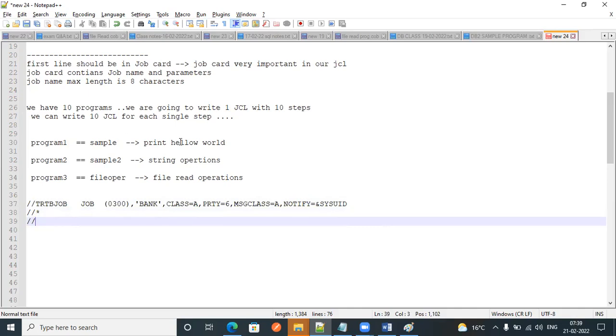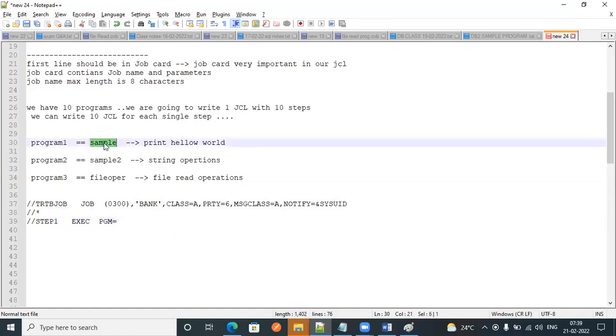Next, I want to execute this program. So what needs to be done here? You can write STEP1 EXEC. EXEC is the keyword, execute PGM. PGM is nothing but program. So what is the program you want to execute? I want to execute sample, so my program name is sample.